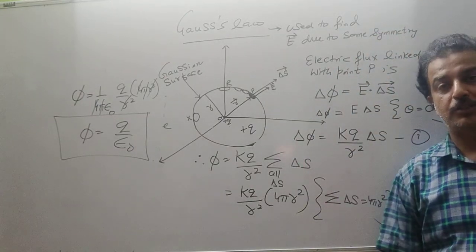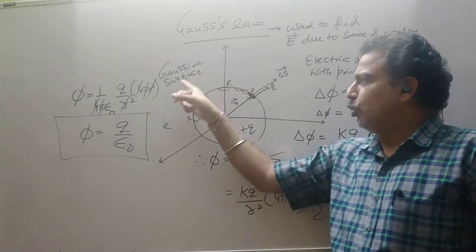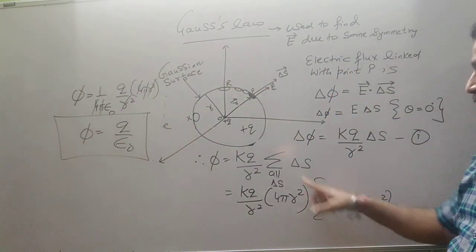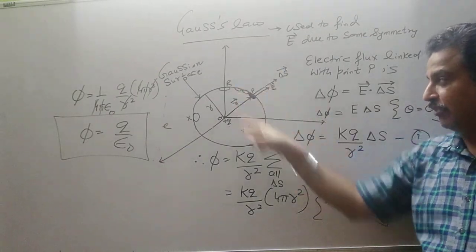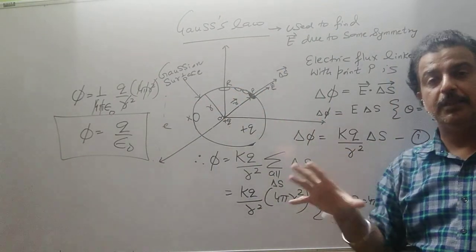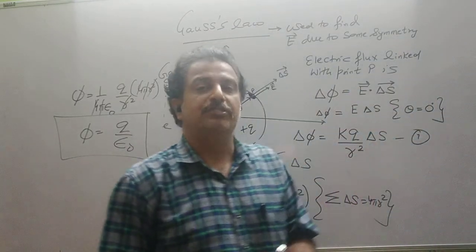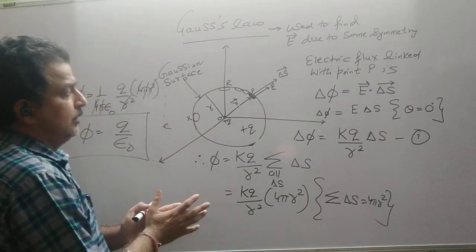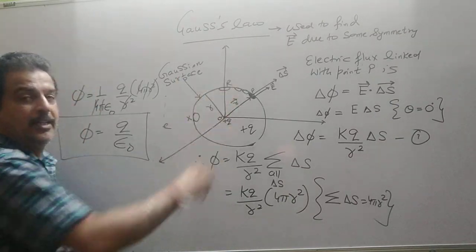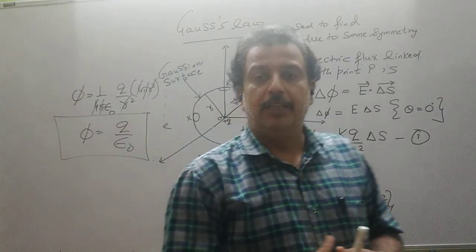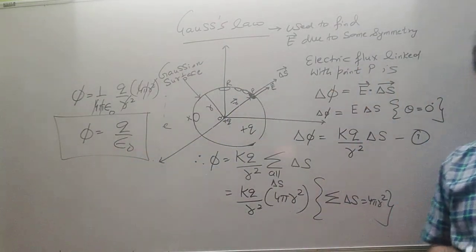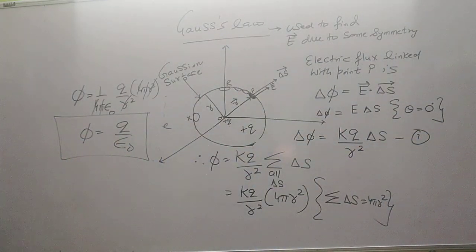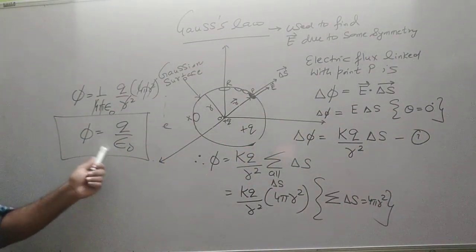For easy calculation, we choose only those surfaces whose areas are known to us, because in the place of summation dS, I have to write the area of the surface. If I take an irregular surface, then there is a method to find out the area of such a surface also. But we are taking a proper symmetrical shape for our convenience, so calculation becomes easier. So this is what Gauss law is all about. It gives you the flux associated with the closed surface.